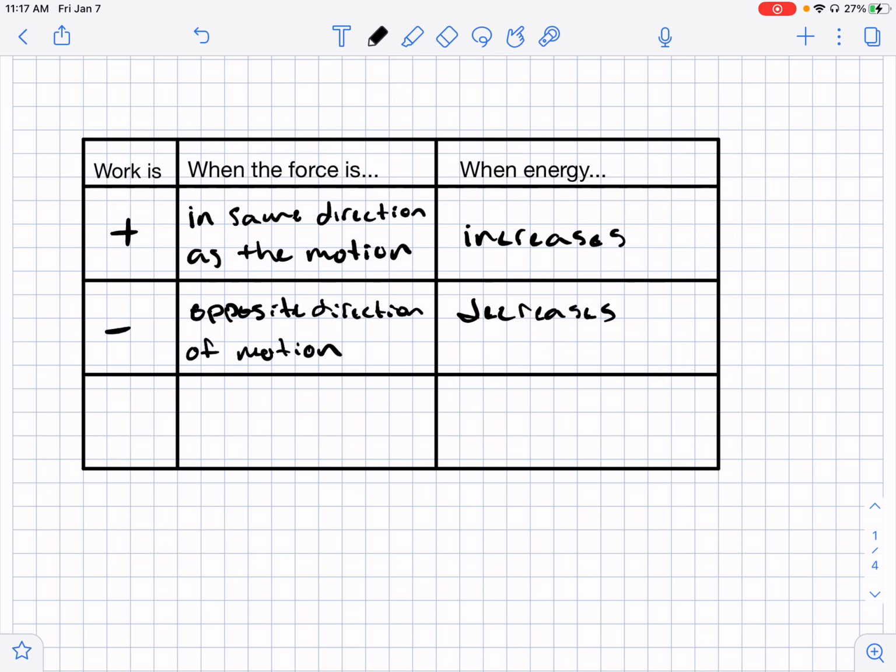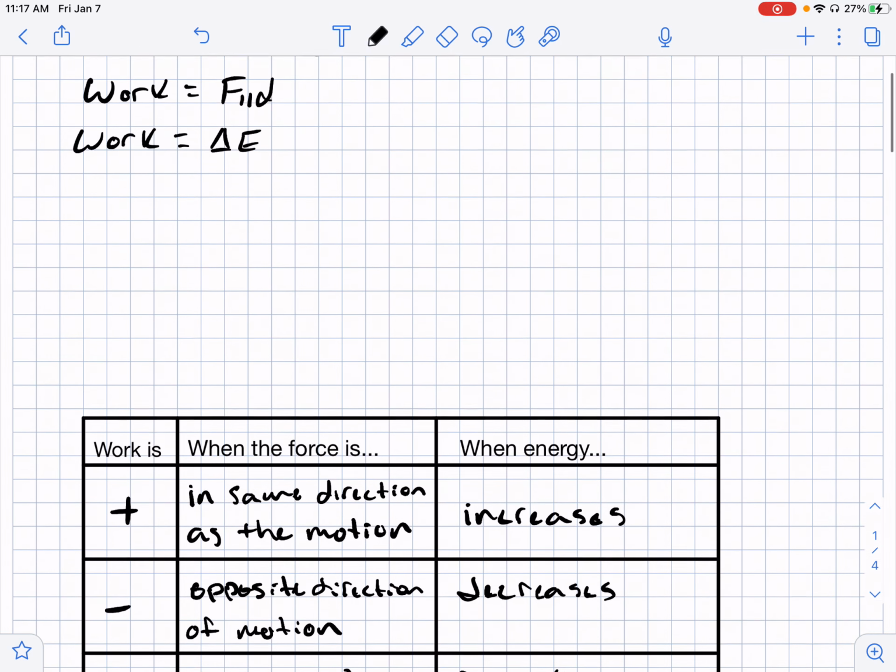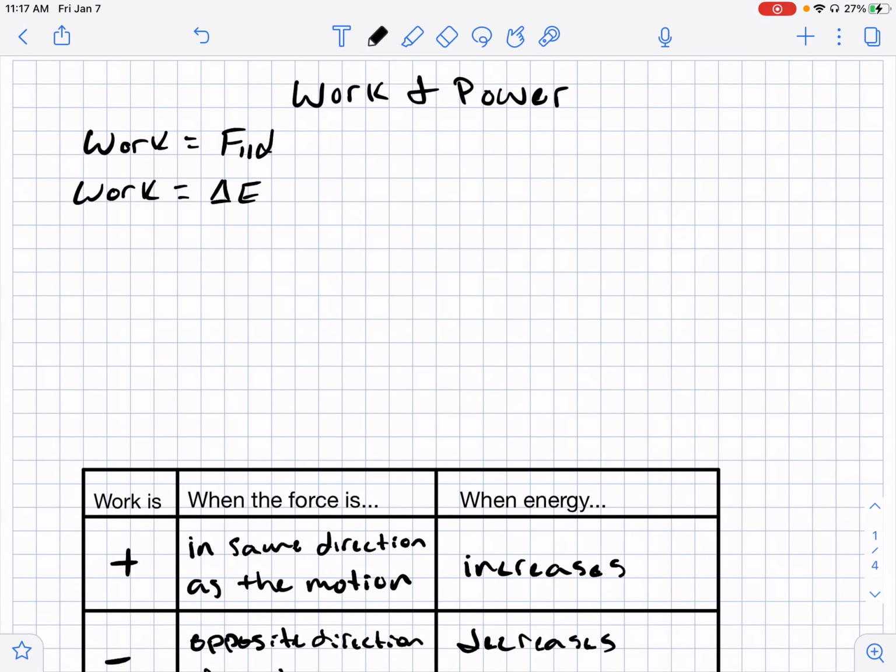And work is zero when the force is perpendicular to the motion. And in terms of energy, work is zero whenever the energy doesn't change. So that's how we know when work is positive, negative, or zero in terms of both forces and energy, because we have two different ways that we can solve for work: one in terms of forces and one in terms of energy. So we're going to work